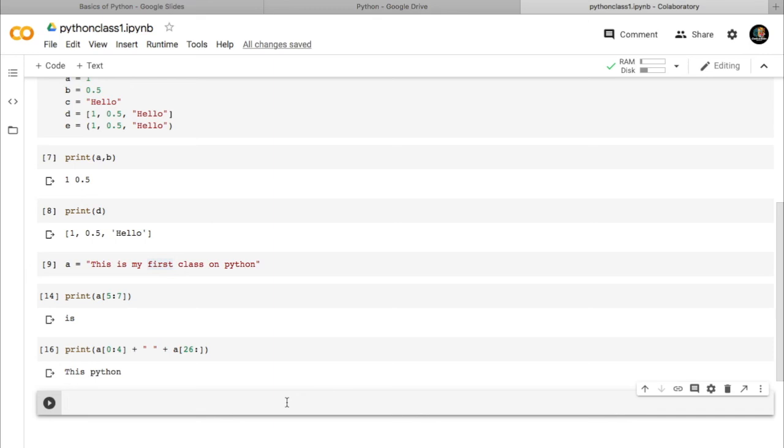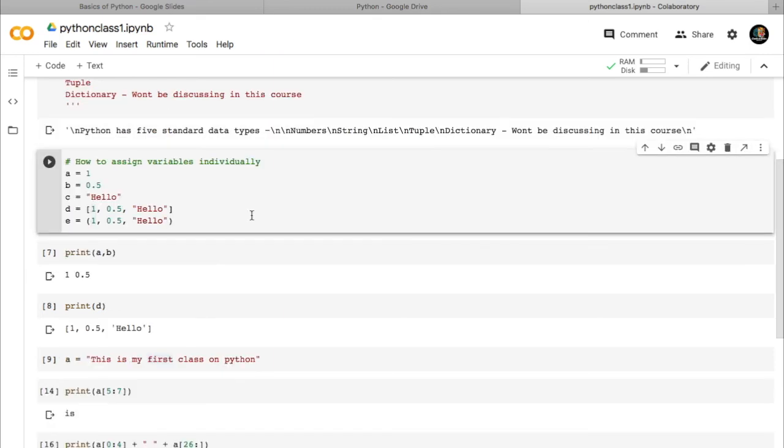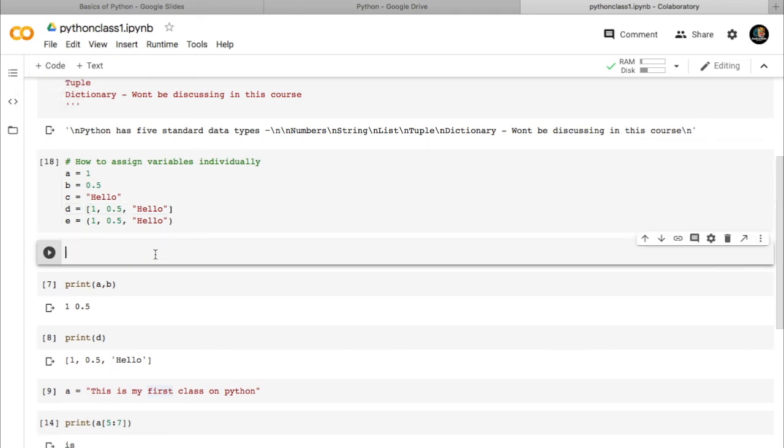Now a few things we will learn regarding lists. Here I would execute this cell one more time so that all these variables are reassigned, and again I can start here itself. I have created a new cell, and in this cell I would like to print only, say, one of the values inside this list.